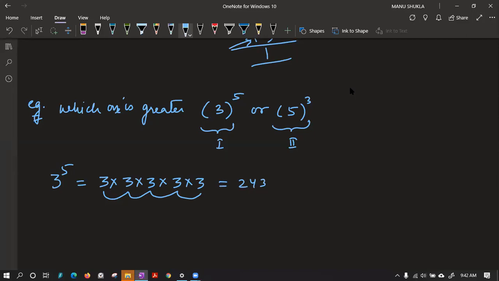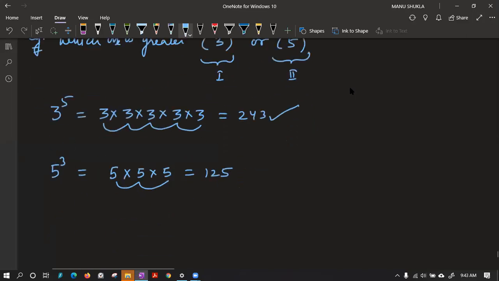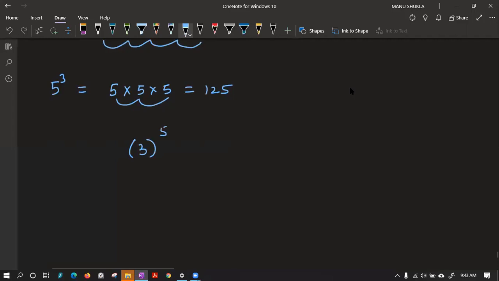So first please check my answer, Devanshi. Devanshi, I couldn't see that, beta, because many chats are coming. Okay, many are saying the first one is larger. Let's check it finally. 5 power 3. It means 5 getting multiplied how many times? Please tell. 5 power 3 means 5 getting multiplied 3 times. So 5 into 5 into 5. 5 5s are 25. 25 5s are 125. Obviously, the first one is larger. So you can say 3 power 5 is larger than 5 power 3.